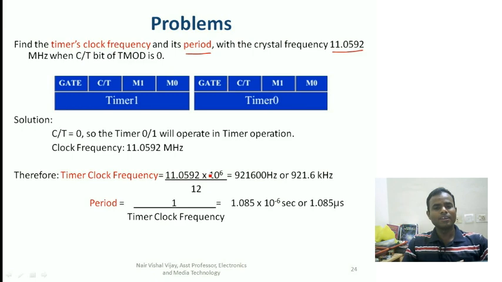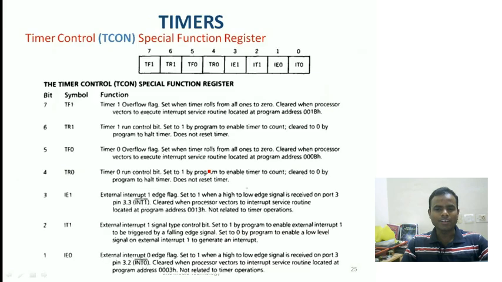Okay. Moving ahead, TCON, the timer control register. So what is a timer control register? As the name says, it is a register which controls your timer: which timer should run, which timer should stop, and when it should run and when it should stop. All these things can be configured by using the timer control register. As you can see in the timer control register, you have bits TF1, TR1, TF0 and TR0. The other 4 bits are interrupt bits which are not of much use to us now. We may see them later, when we deal with interrupts.